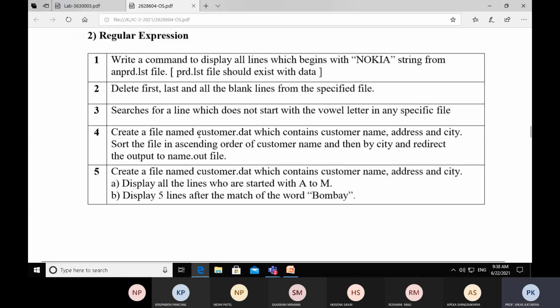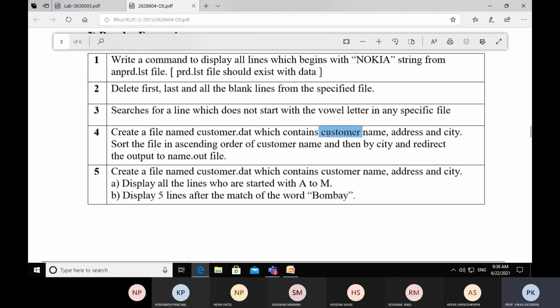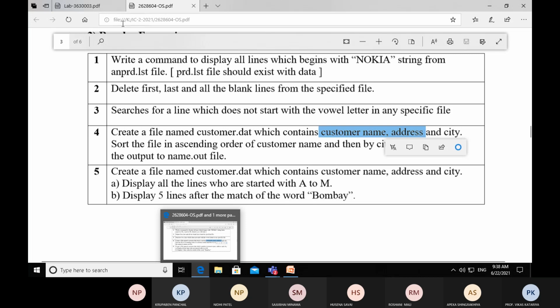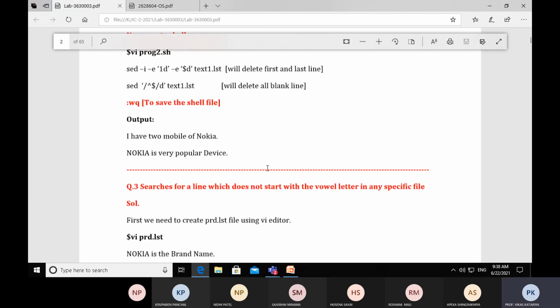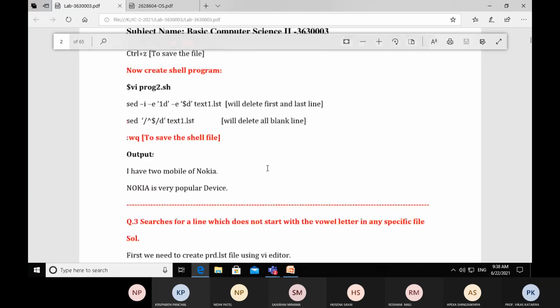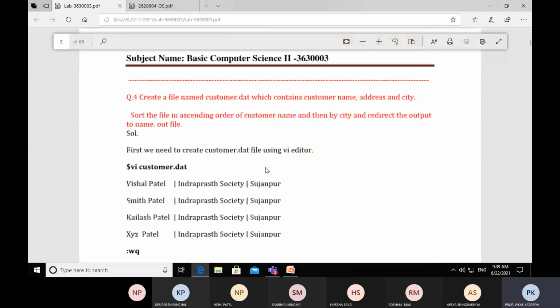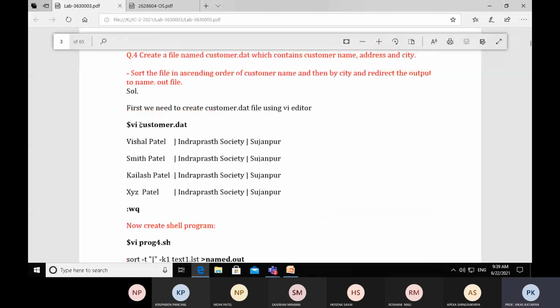So let's create the first file, customer.date. How to create a file, how to mention the fields customer name, address and city, and how to mention some records, let's perform. Now this is our question number 4. Again, first we start with VI editor.